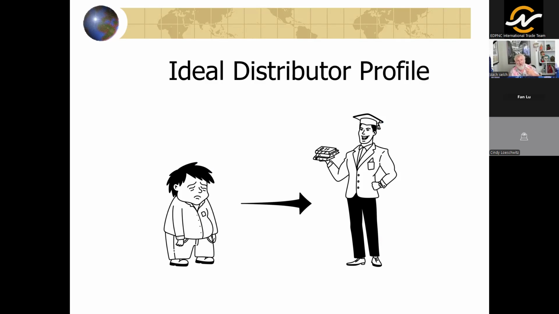Does the distributor know how to do demos? Does he know how to do discovery calls? Does he have an existing set of relationships with the right people? I want to make sure that I have that ideal distributor profile for the market. And now I'm going to do a gap analysis. Well, what is he missing? Does he have the right connections? Does he have the right sales tools? Does he know how to do the parts that I want? Now,